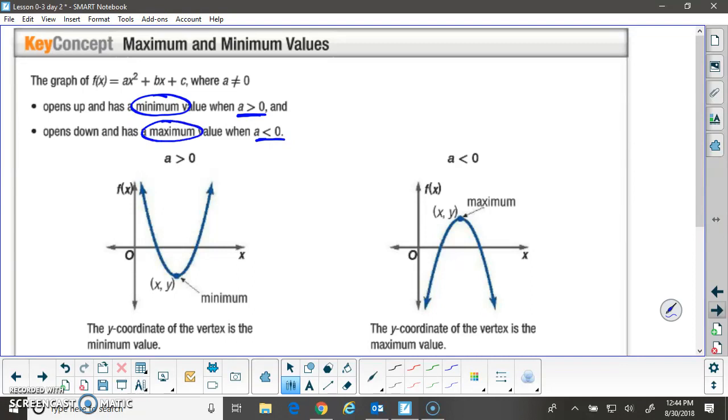So why is that? Well, if a is greater than 0, as you can see here, then the parabola opens up and it has no highest point, but it does have a lowest point. And then, of course, if the a value is less than 0, the parabola would look like this. It opens down, has no lowest point, but it does have a highest point, or a maximum. So keeping that in mind,